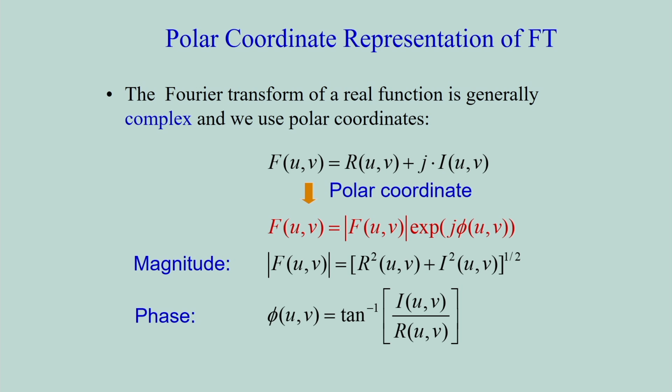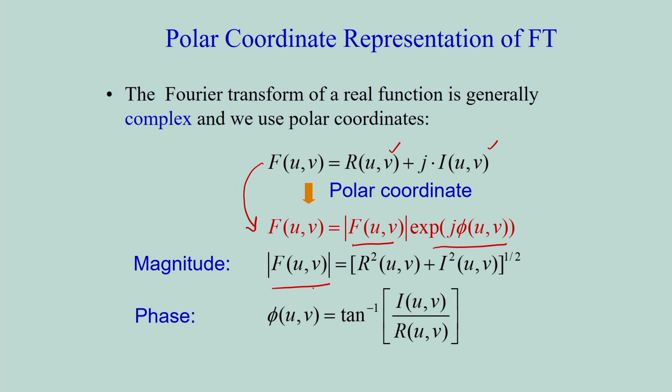If you see F(u,v), that is the Fourier transform of an image. If I consider the Fourier transformation, it has two parts, one is the real part, another one is the imaginary part. You can see the first one is the real part, the next part is the imaginary part. This Fourier transform can be represented in polar coordinates like this. So, we have the magnitude component and another component is the phase angle component. In case of the Fourier transform, I can determine the magnitude like this.